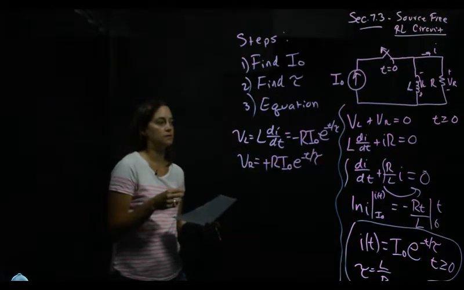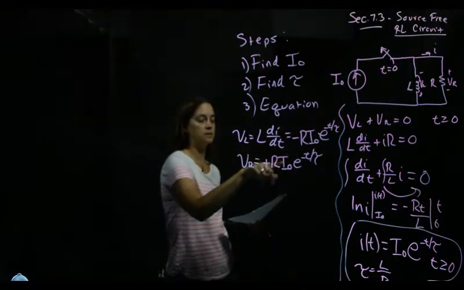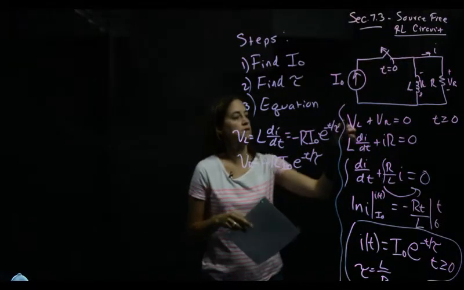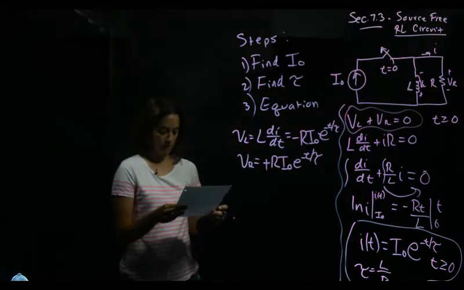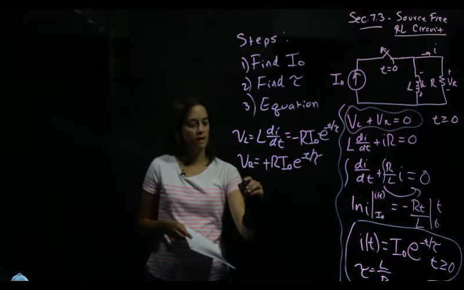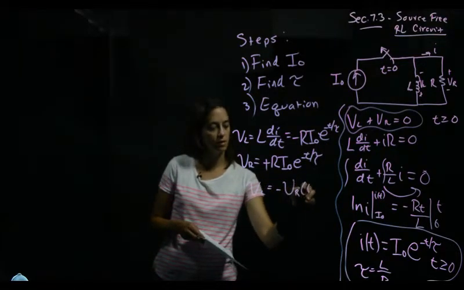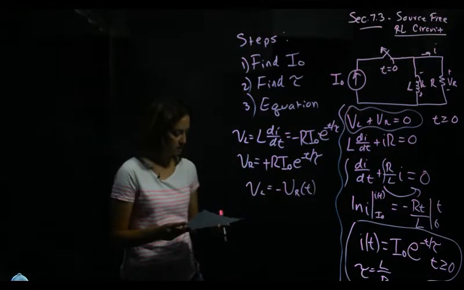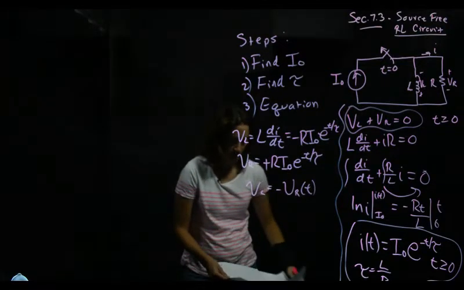And I have that these are the same except opposite signs, which means this holds true, my KVL, so I know I've done something correctly. Or we can write that as VL is equal to minus VR, or the other way around, right? Put the minus sign on whichever side you want. All right, so let's